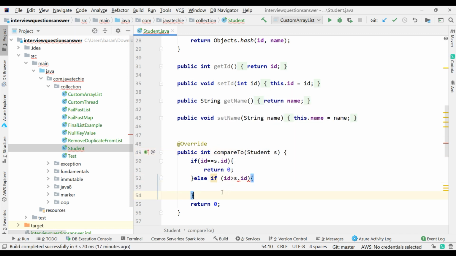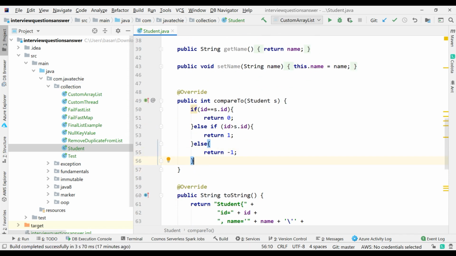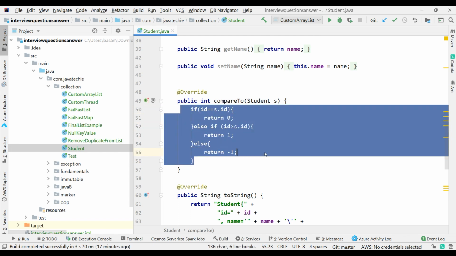If it is greater than, then just return 1. If it is less than, directly I can add in else, return -1. Now I added the compareTo method and I provided sorting based on the ID.